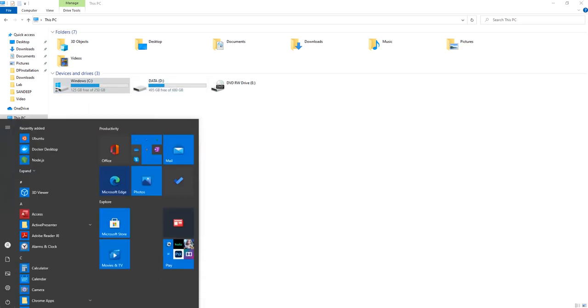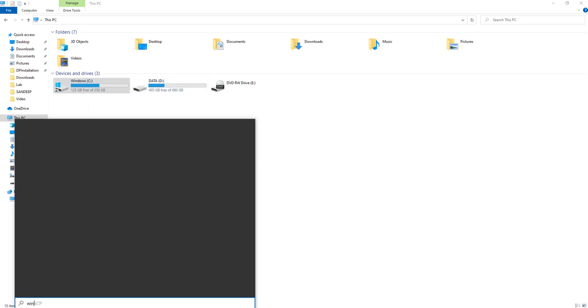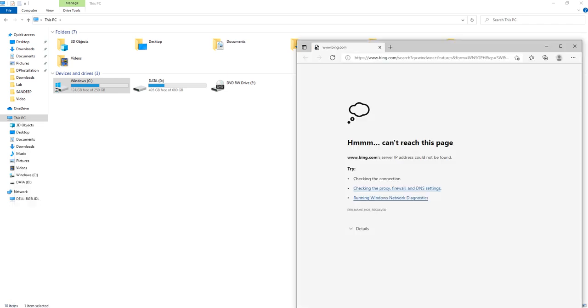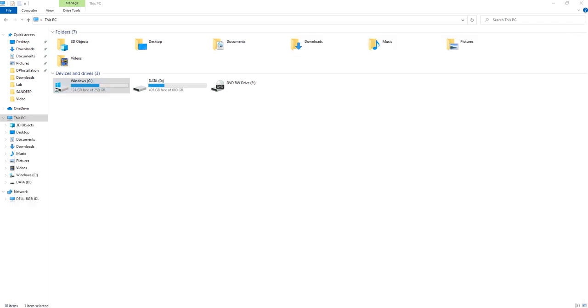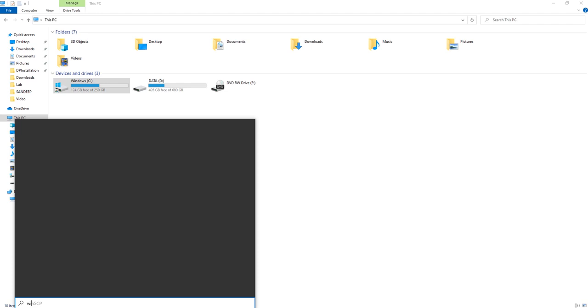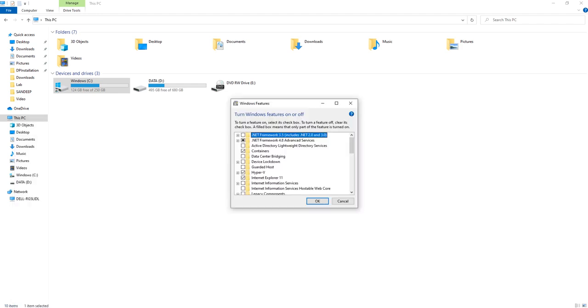After that you need to go to Windows features. Here you need to make sure your Containers feature is enabled, it shall be checked, and Hyper-V shall also be checked.